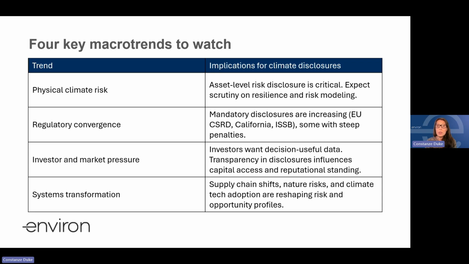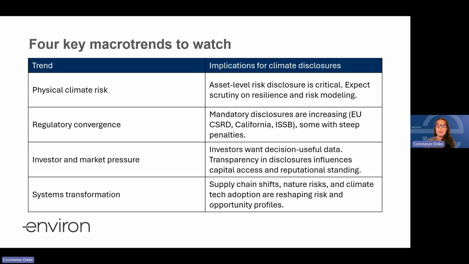Investor and market pressure are also key drivers of climate disclosures, including demand for the level of rigor that makes these disclosures decision useful for shareholders and also for other stakeholders. And as a result of this, we're starting to see climate disclosures having a real impact on the cost of capital. And then we have systems transformation stemming from large-scale changes in supply chains, increasingly considering the intersection of nature